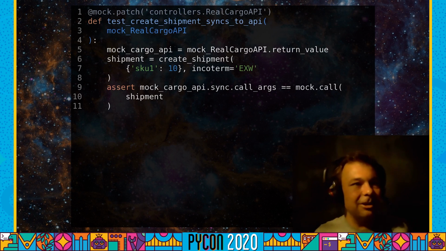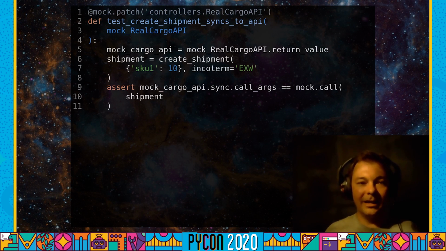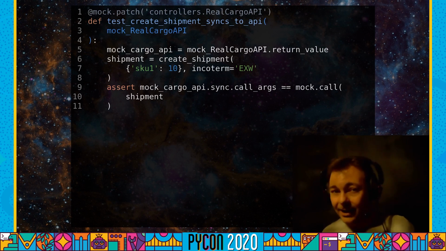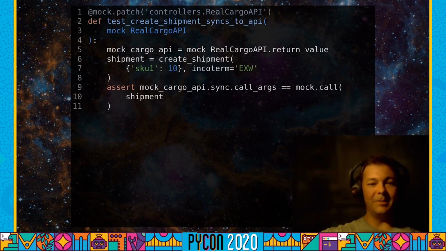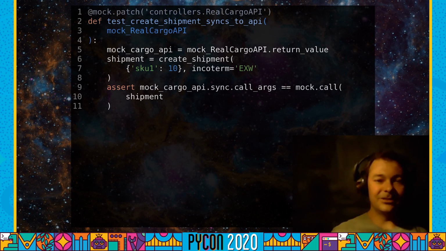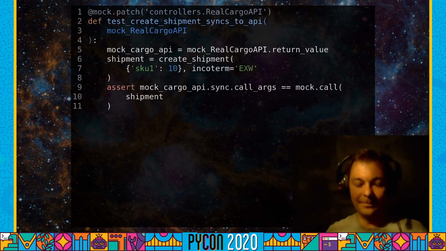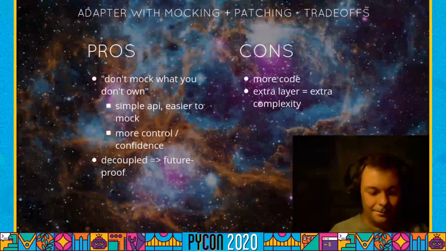What effect does that have on our tests? Well, instead of patching out the requests module, I'm going to patch out my own real cargo API class. Then when I call create shipment, I can say that the mock cargo API was called in the following way: its sync call was a call with the shipment.